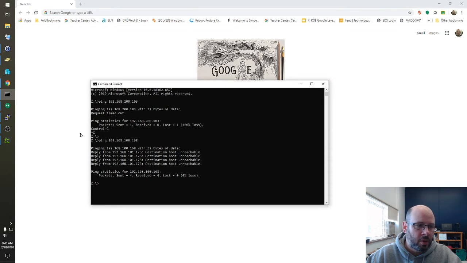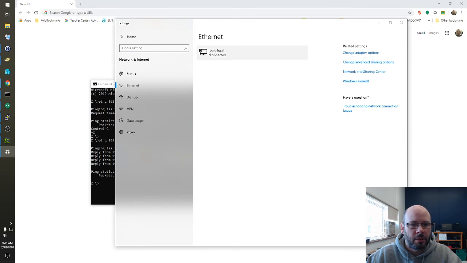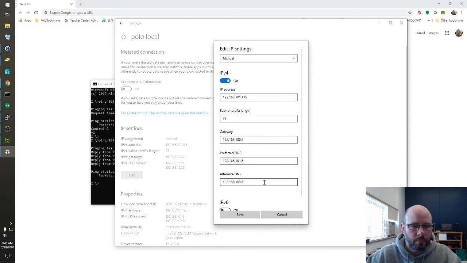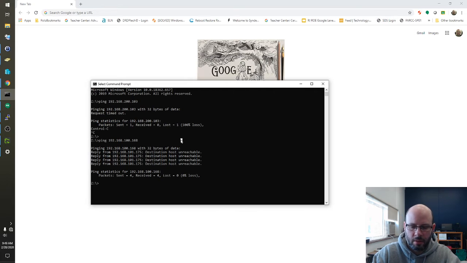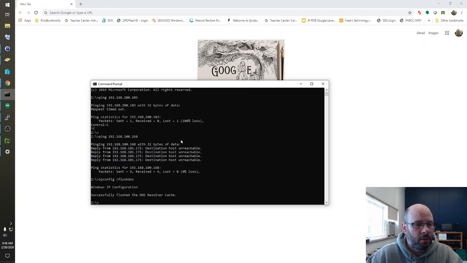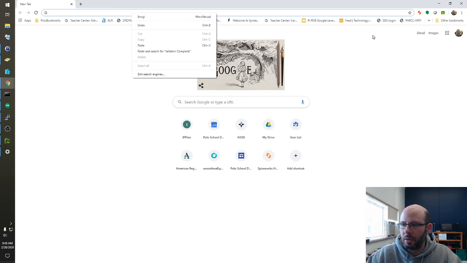First of all, I am going to make a couple of changes on my desktop. I do have a static IP address for me, but it's just a little bit of something I can do away with right now. I'll just save that right there. And I'm going to flush my DNS just to make sure that nothing's cached and bypassing the Pi-Hole server. So in theory right now, I've got Google Chrome working, and I am going to go check